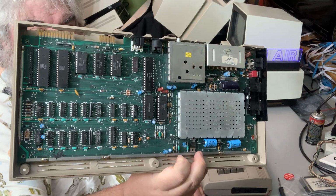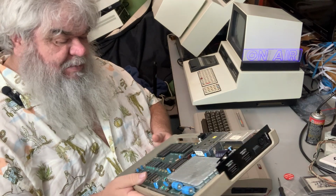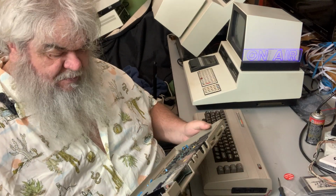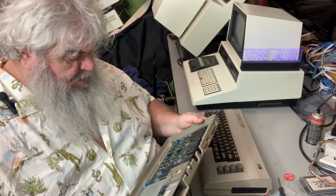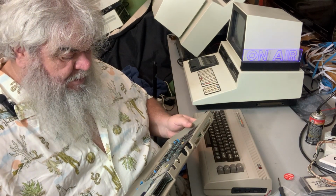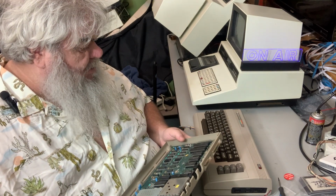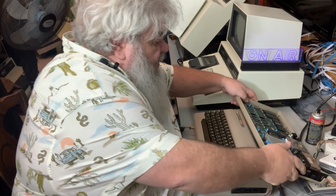Old original. Now, is it in the original case? I don't know. Actually, who knows? Maybe with all that he did, maybe the bottom of the case got swapped. Actually, if I look at it, I guess most of the screws are missing. One of them looks like it's here. Anyway, who knows? But I will explore further his program, and perhaps I'll write to him again and ask about